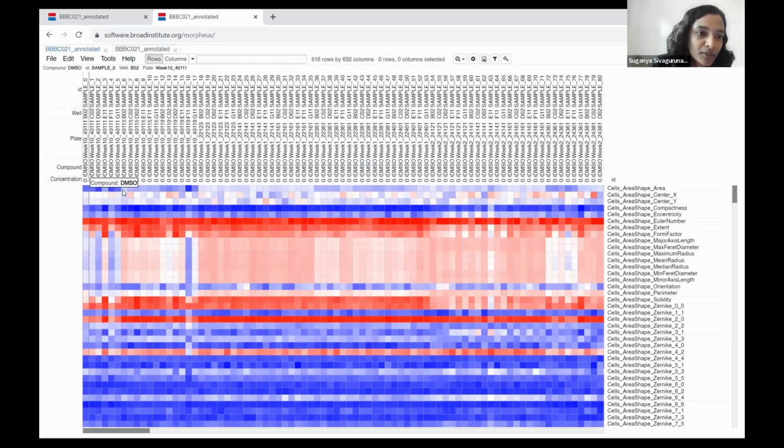So with this, we'll be able to know which well these measurements are from, which plate, what compound they were treated with, and what concentration. All these details can be understood by adding these features in the column annotations. Once this is done, I will also show how to filter the features,